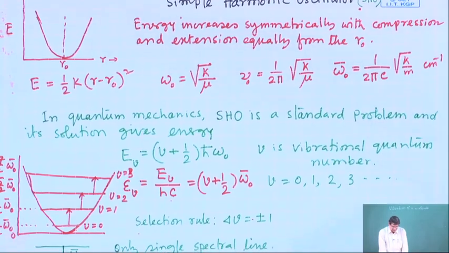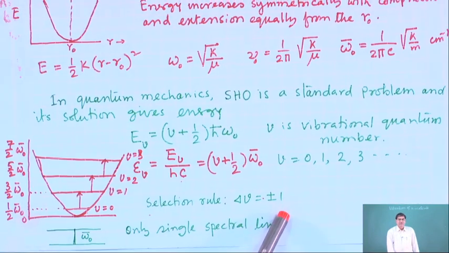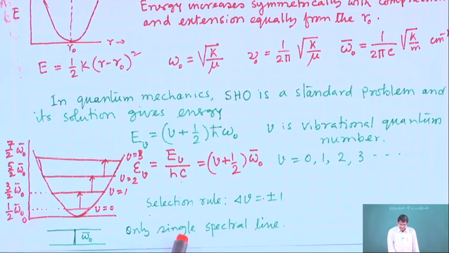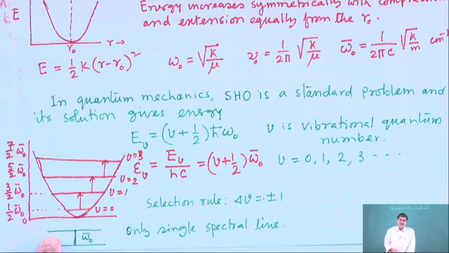So, in this case also the selection rule is delta V equal to plus minus 1. So, only a single spectral line you will get from the vibration of the molecule under the simple harmonic oscillator model. Means if we consider that the vibration of the molecule is like a simple harmonic oscillator, then from the spectra